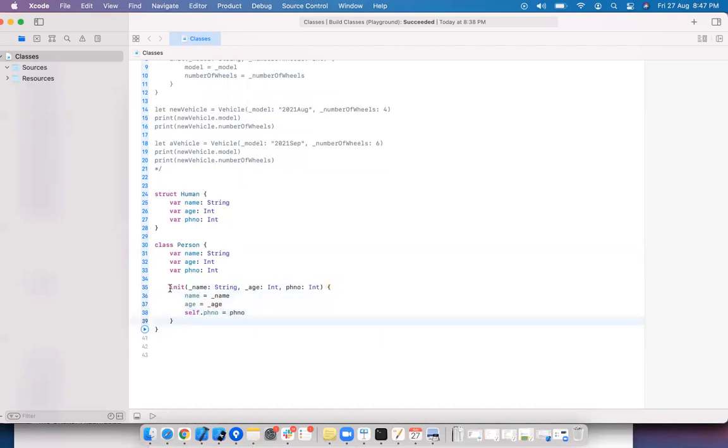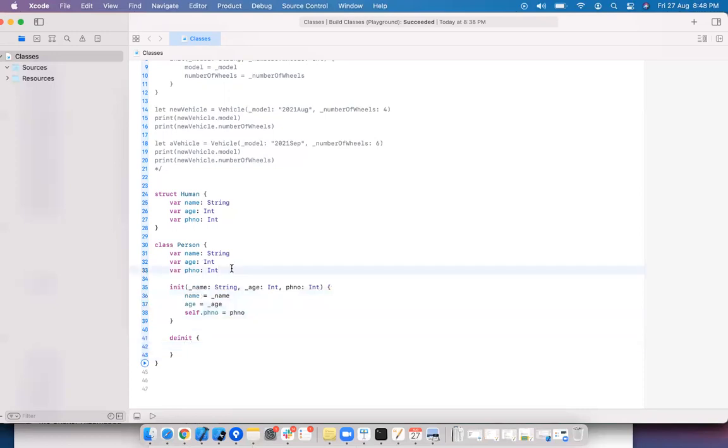We are having 3-4 types of initializers. We'll see them. This is the default initializer. We are having designated initializer and convenience initializer. There is something called nullable initializer. There are 4 types actually. Here, one more thing: when you want to clear the person information, deinit is there, where you can clear any resources used by the person or any properties. If you want to clear, you can clear them here.